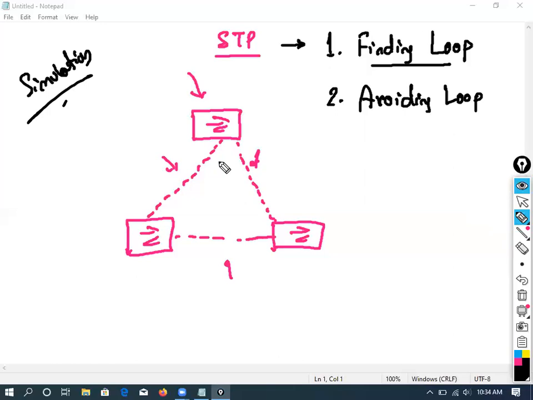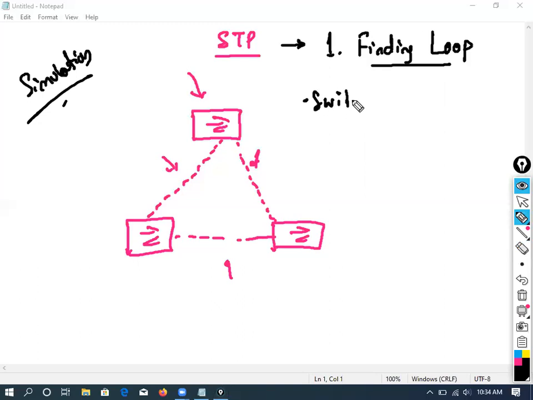If you have used simulation, then you might have observed that once your conversation is complete, if you click on next, the switch will broadcast some packet. Okay, the switch will broadcast some packet. Now, that's a behavior of a switch. Now, the switch is finding a loop. The first thing we are actually doing is finding a loop.